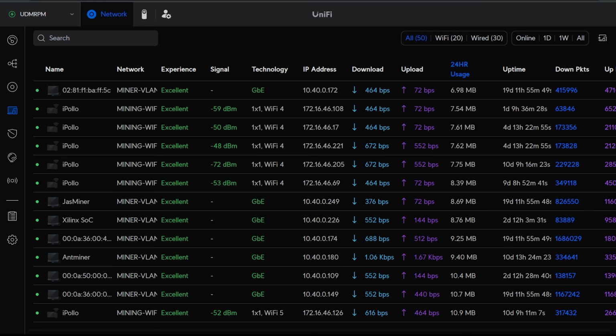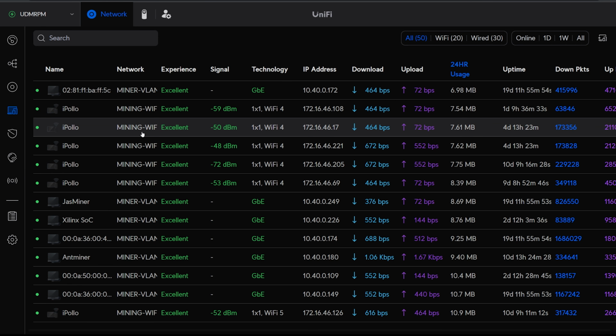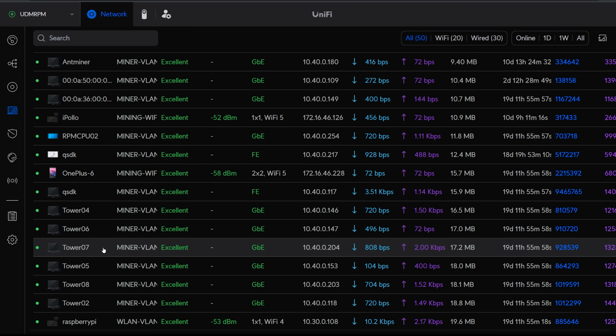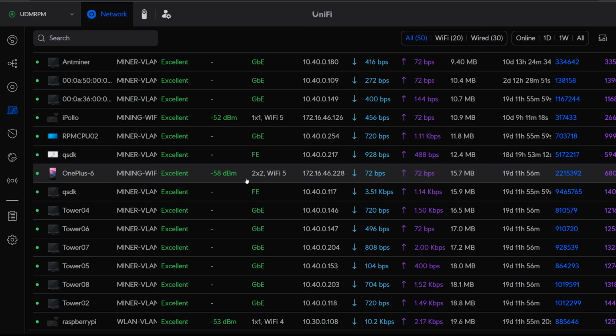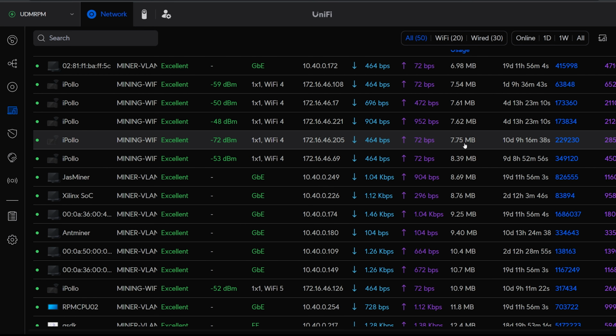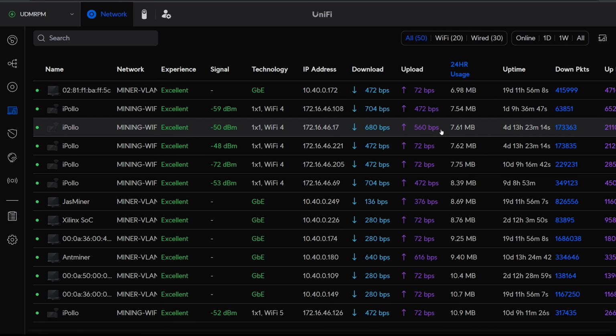I wanted to go through how much bandwidth my mining rigs are using these days. I've got a bunch of iPolos, Jazz miners, and some GPU mining rigs here as well. Just a bunch of various stuff that I wanted to go through, typically looking at the average of how many megabytes these things are using every day, in case anyone